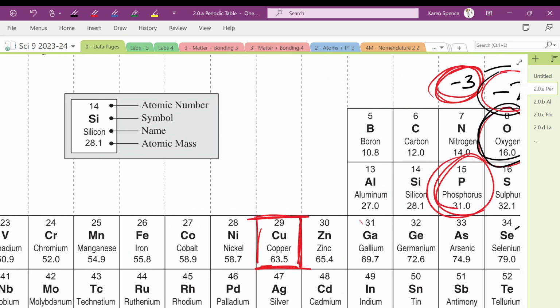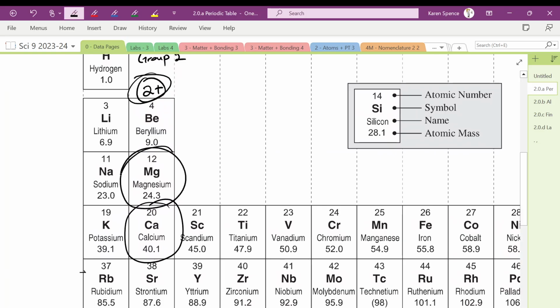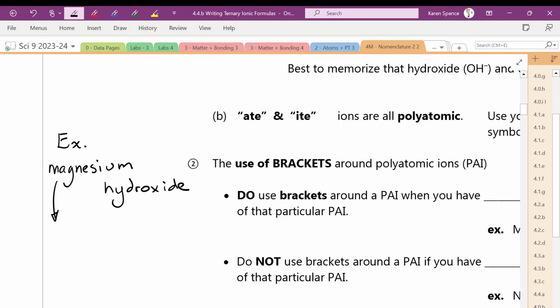Magnesium is on your periodic table. So it is Mg, and the charge is 2+. Whoops, wrong thing to click. That's the one I want to click. So Mg 2+. Now, even though we have hydroxide, normally the IDE says go to the periodic table, but we know that